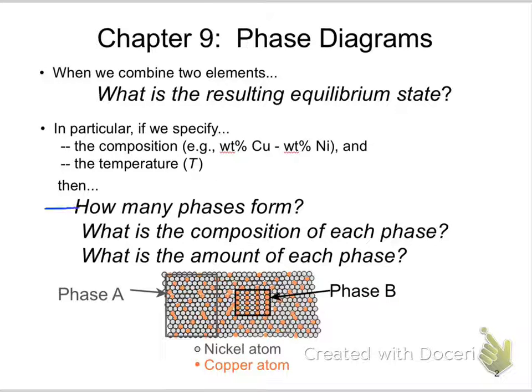Basically, how many phases form? How many phases of that material form, and what is the composition of each of those phases? What is the amount of each phase? Here on the bottom, we have